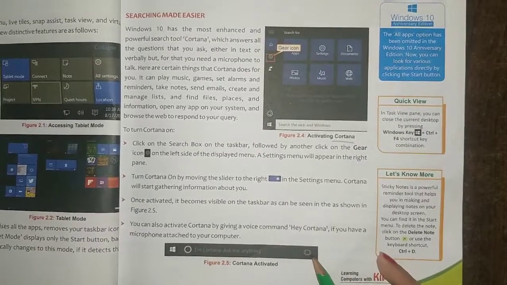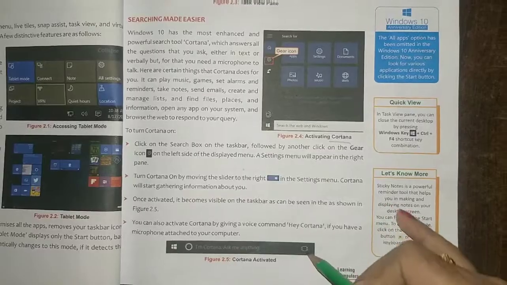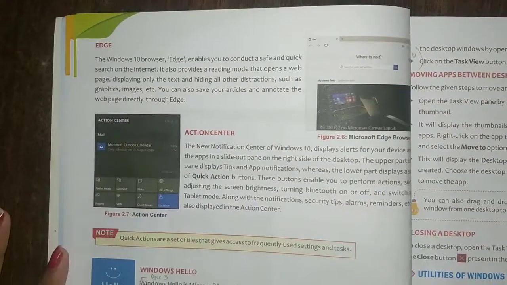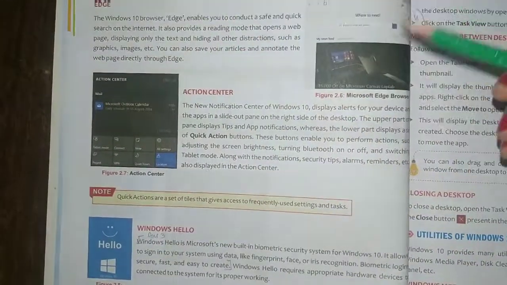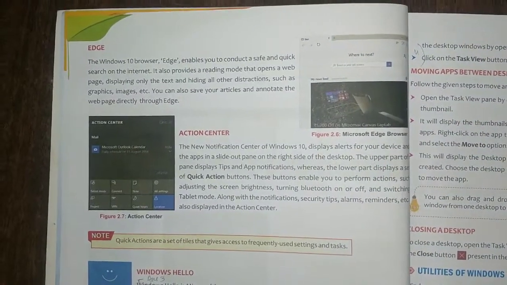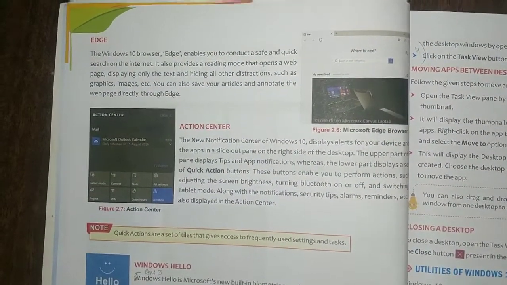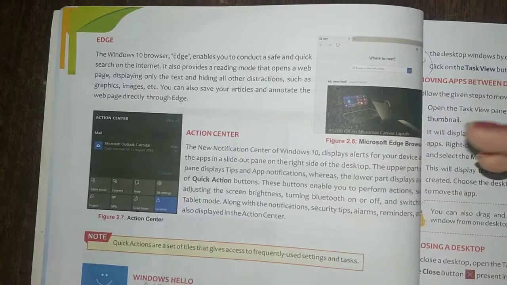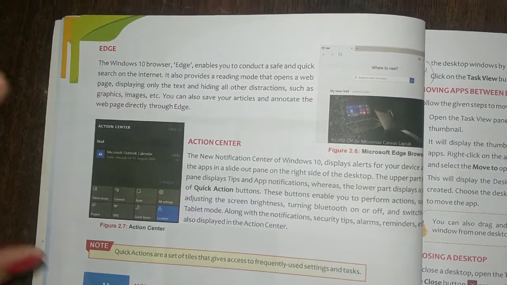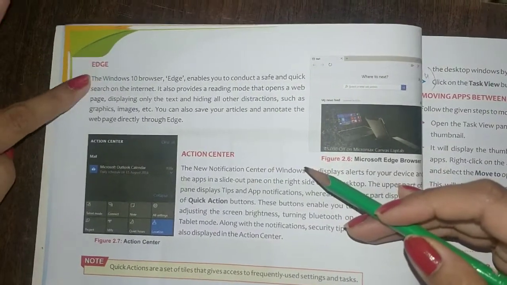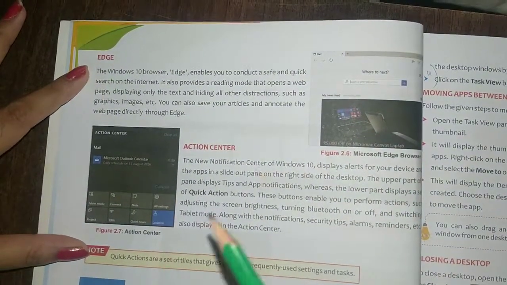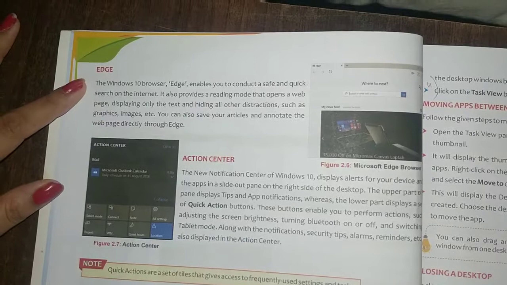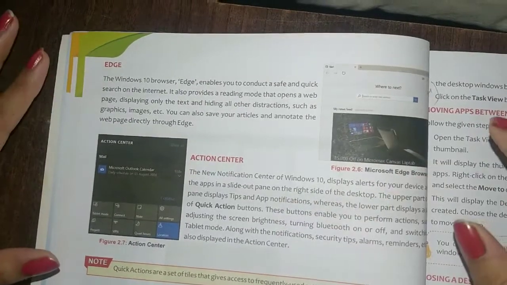Another important aspect of Windows 10 is Task View. This I will also show you. What is Edge? Edge is our default browser which Windows 10 has installed inbuilt. Similarly, it works like our Google Chrome, Mozilla Firefox, Internet Explorer. Here, same as Google Chrome, you can find all the things. You can work on the internet, www, you can perform any type of task.